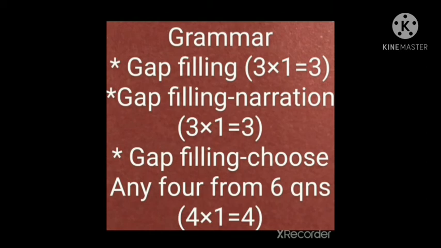First question contains 3 blanks. There also you can get choices. Choose the correct one and fill in the blanks. So when you write the answer, just write the number correctly and also option number and also the answer. So 3 questions in first one, 1 mark each, and you choose the correct option. So 3 into 1, 3 marks, 1 mark each. Okay. Second one is gap filling, that is narration. That means reported speech.